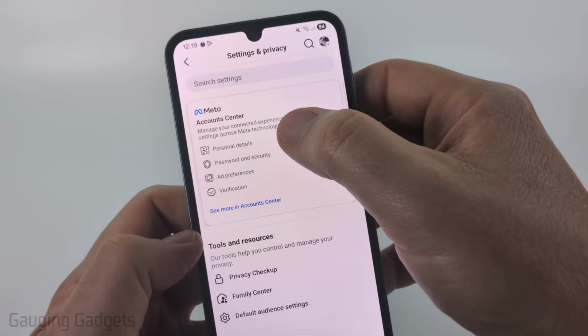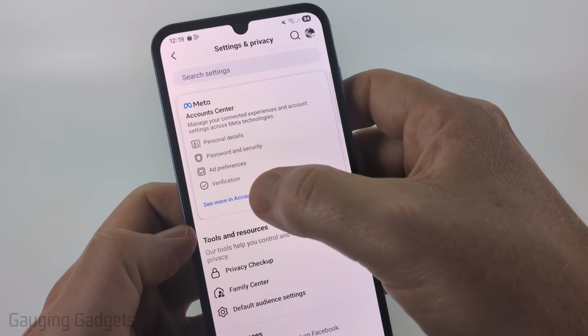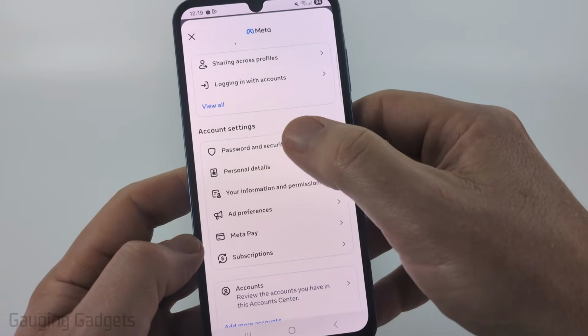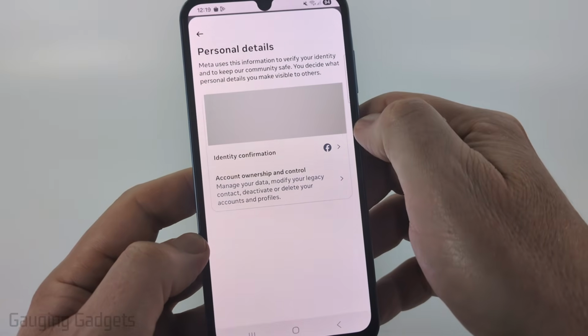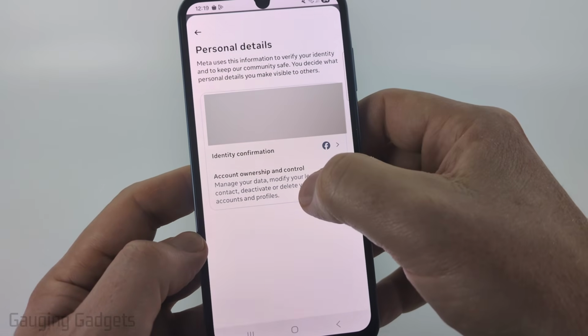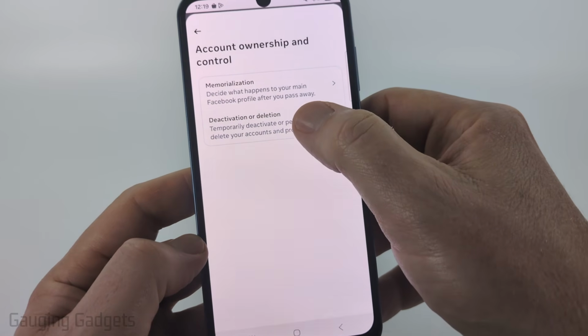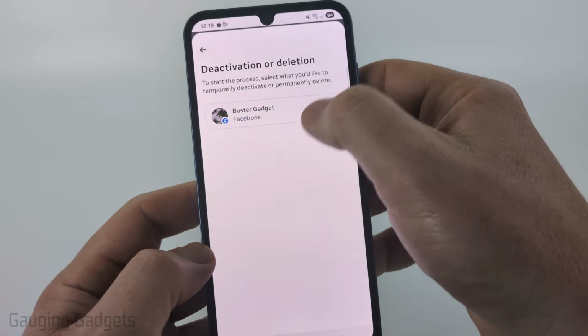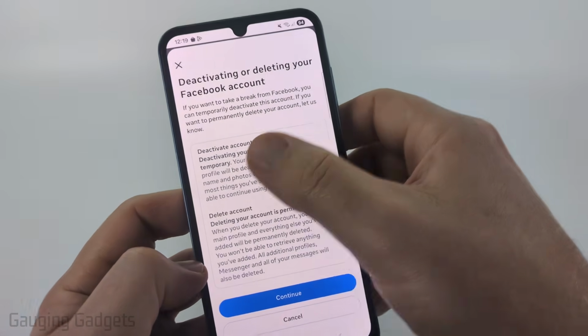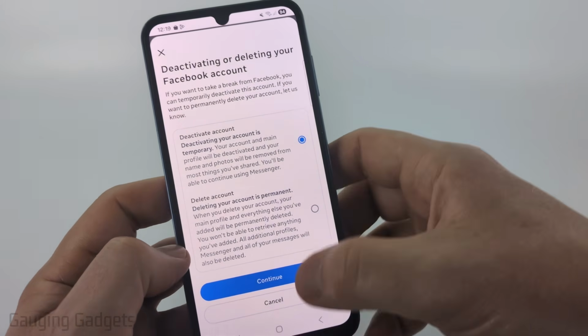All we need to do in the settings is select See More in Account Center, then scroll down a little bit under Account Settings and select Personal Details. Once here, select Account Ownership and Control, and then select Deactivation or Deletion. Select the account you want to deactivate, and then just make sure Deactivate Account is selected right here, and then